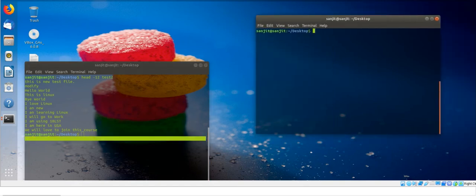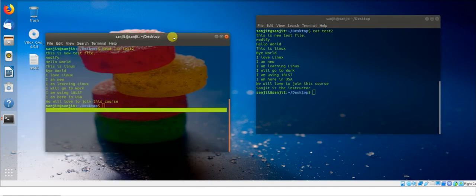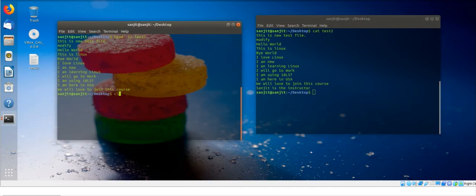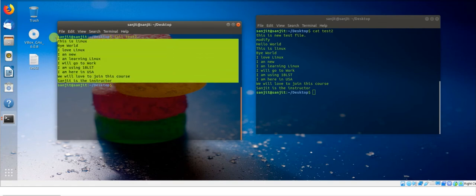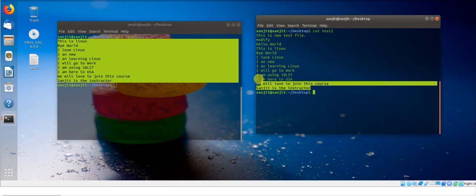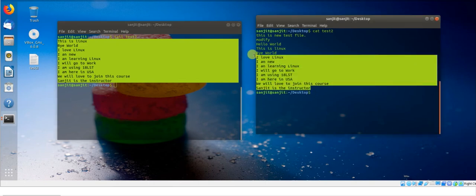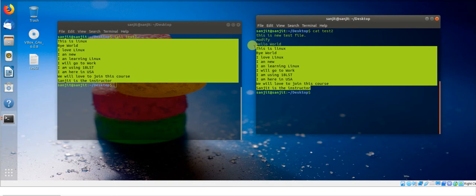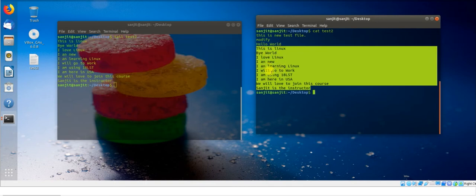So next, let me show here so that we can compare. The next command I am going to run is the tail command. So tail, and after that the file name. It will show you the last 10 lines. So from last till first, see. Till here, this is Linux. So from the last 10: 1, 2, 3, 4, 5, 6, 7, 8, 9, 10. See, it's showing only 10 lines, like this is Linux, the last 10 lines.